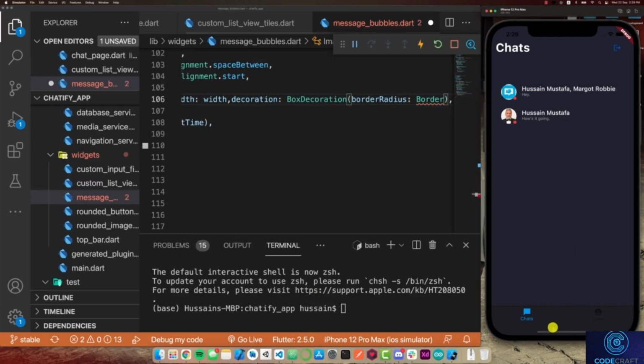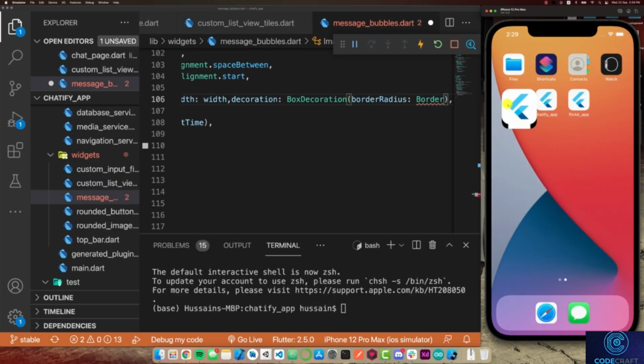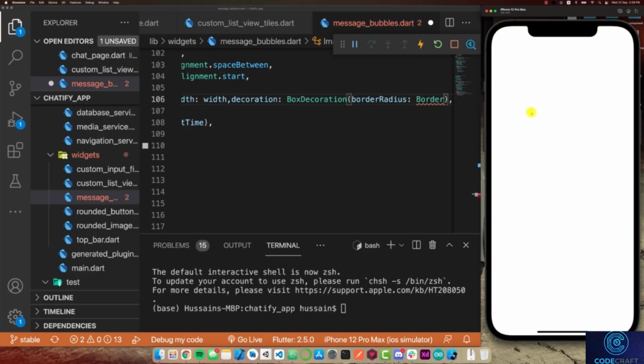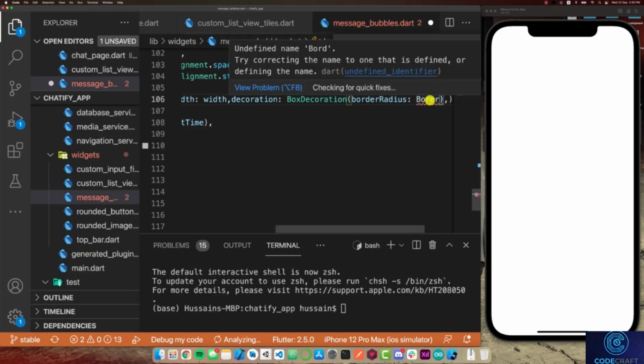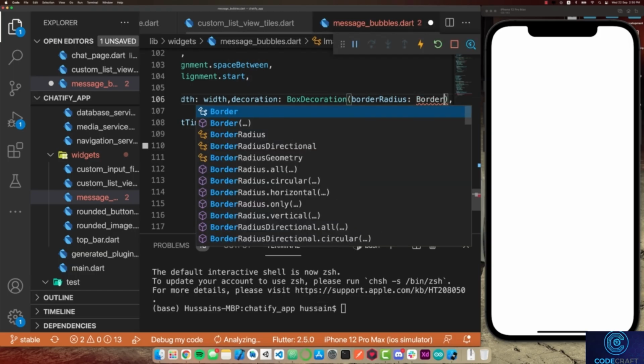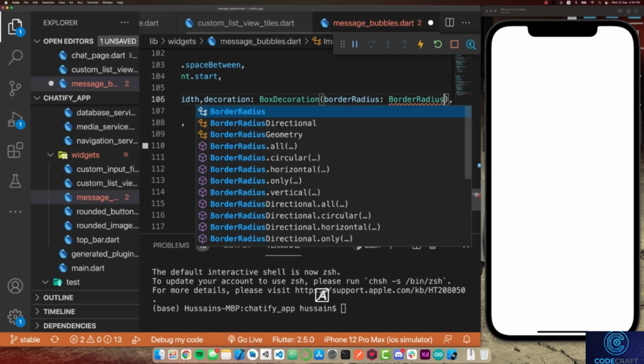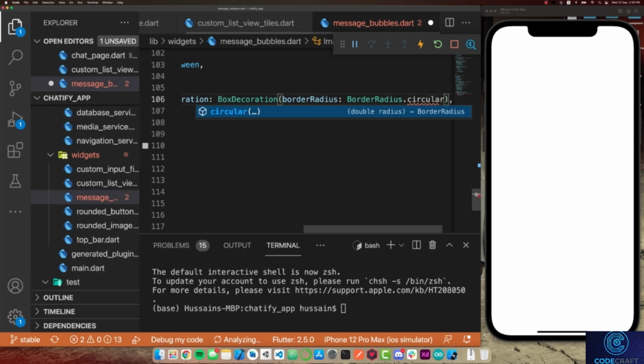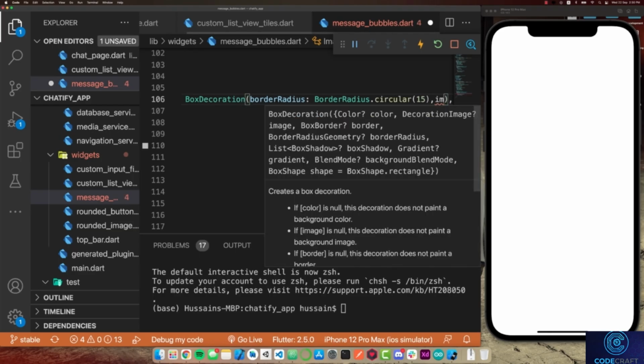So if I go to the completed version of our application and to a chat which has some images inside of it, let me just wait for the simulator to launch that. In the meantime, I can complete the code while the actual app loads up, but I do not know why it's taking such a long time. But I'm going to say BorderRadius.circular and then 15, and then with that, I'm also going to have an image, and the image is going to be